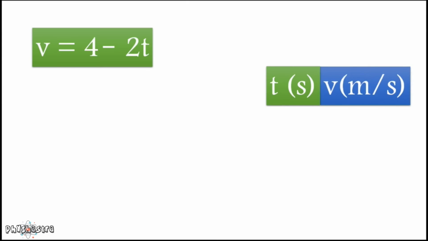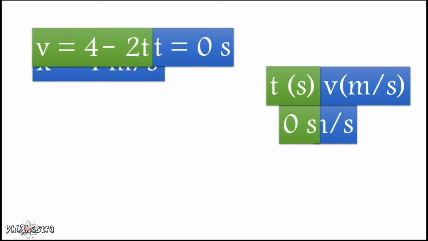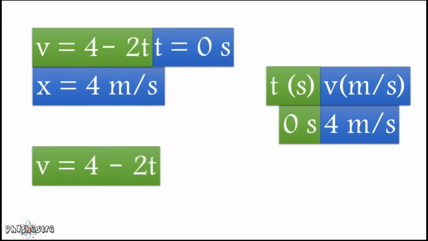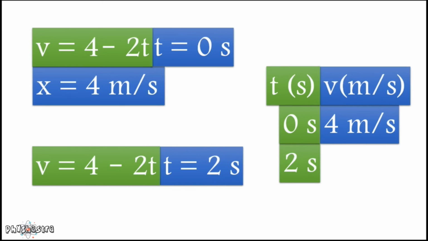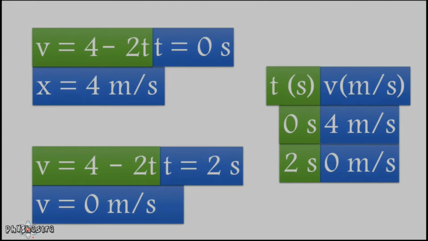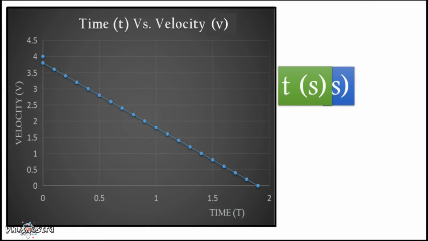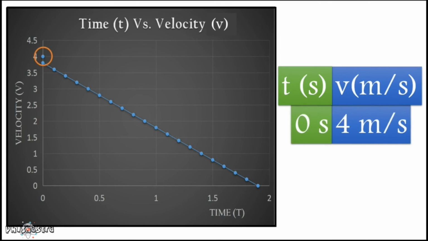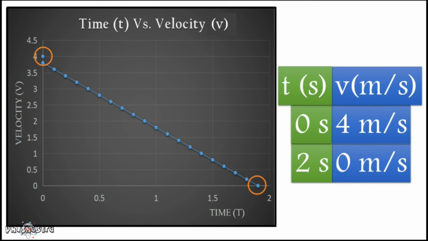Now let us check what happens when we plot velocity versus time. Initially the skateboard was at a speed of 4 meter per second. Then at time t equals 2 seconds he stops, which we have predicted from the problem. This line on the graph is a decreasing trend. This shows that with time evolution velocity is decreasing,